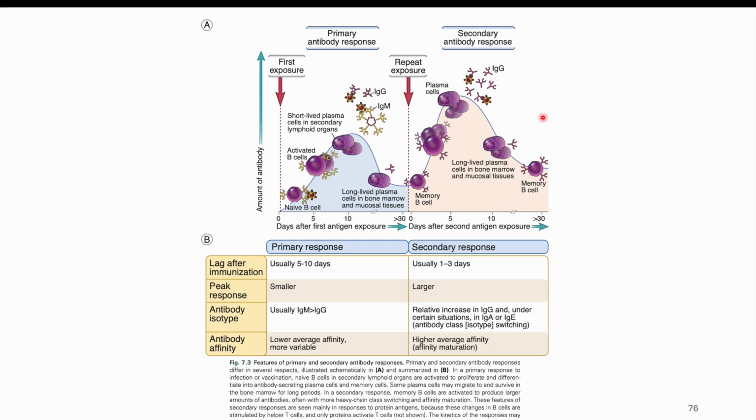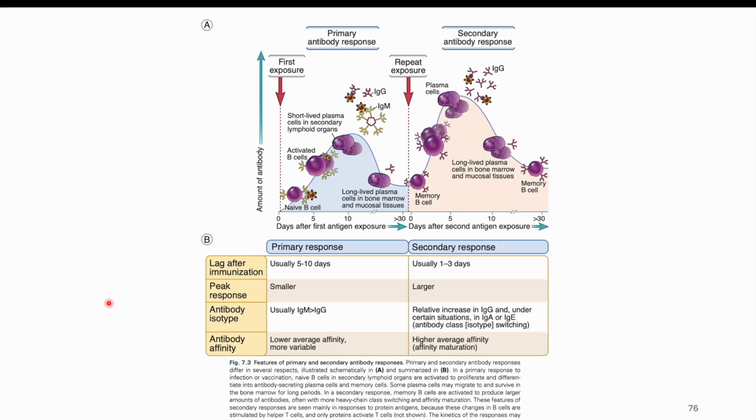And what will happen in the secondary response? There will be a very small lag phase, there will be class switching, there will be antibody secretion and all those things. Okay, and if we look at the basic features of the primary response and the secondary response, or say the differences between them,